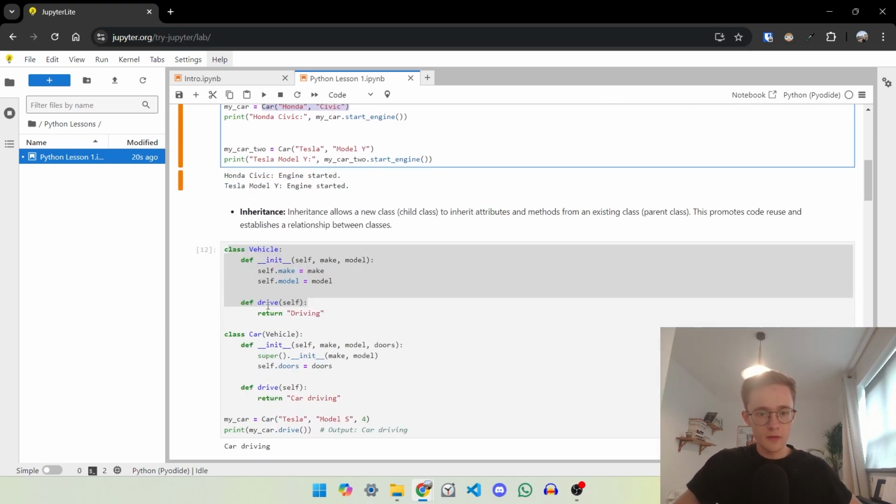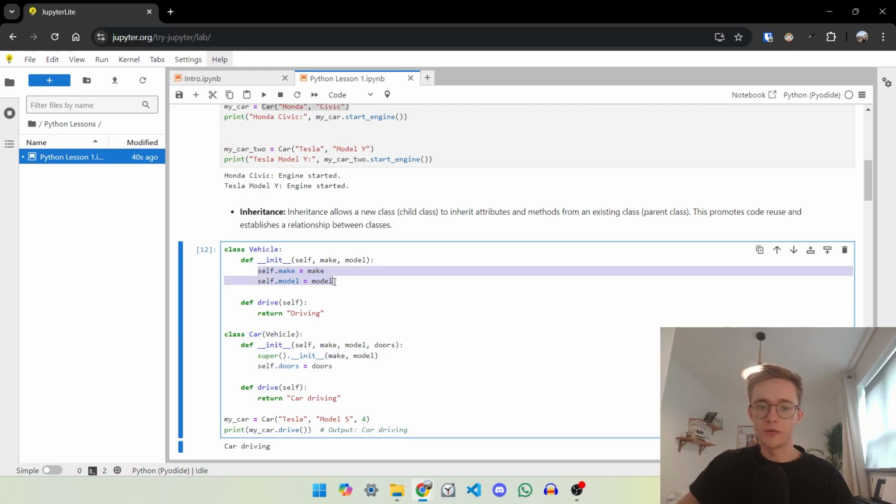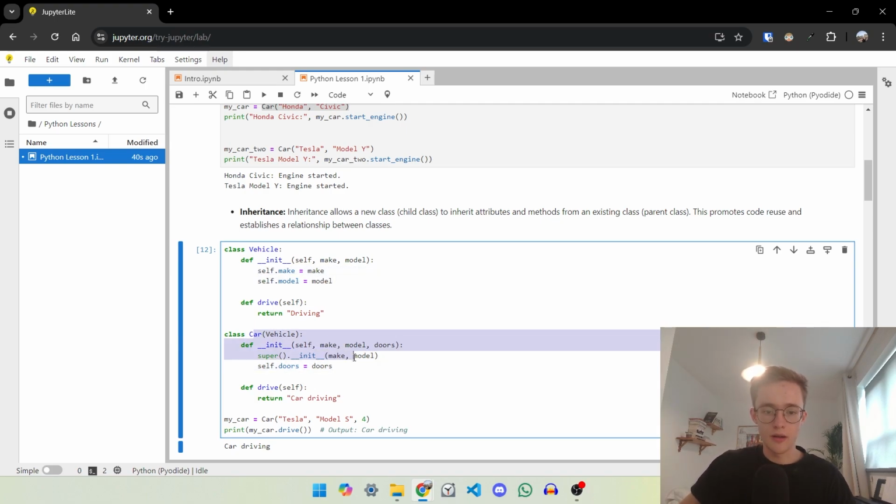We do the same thing here, here, and as a result, when we run car here, it goes into the car class, it initializes it, so it adds doors, but it also initializes the vehicle, meaning that both of these classes initialize. Since this is the parent class, its attributes are included in the car. And so then